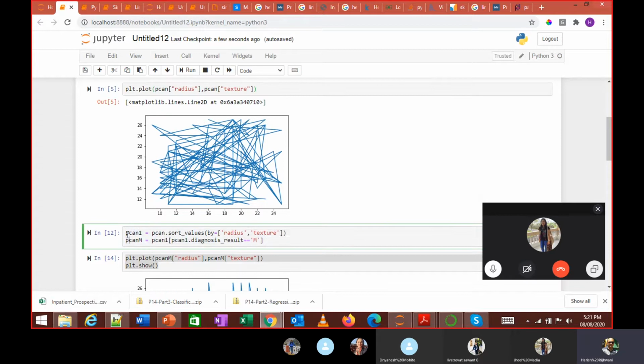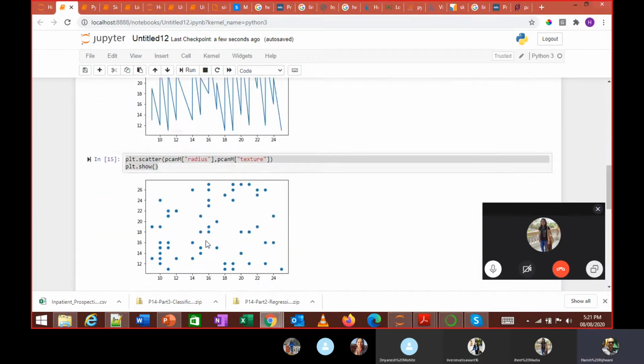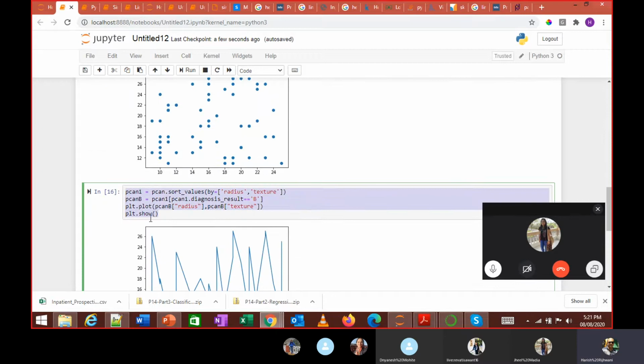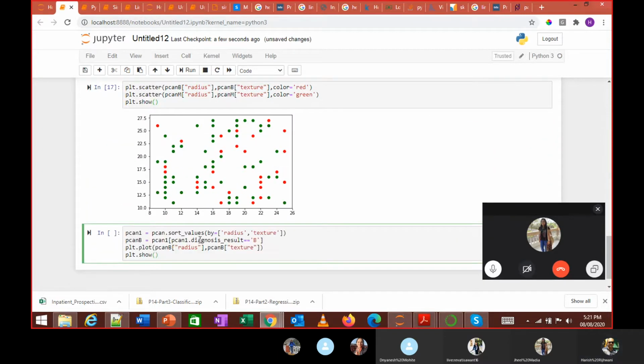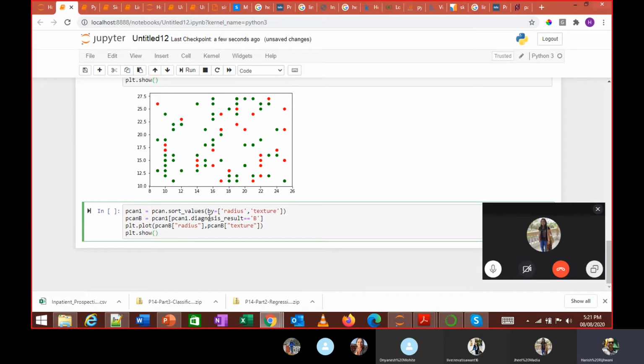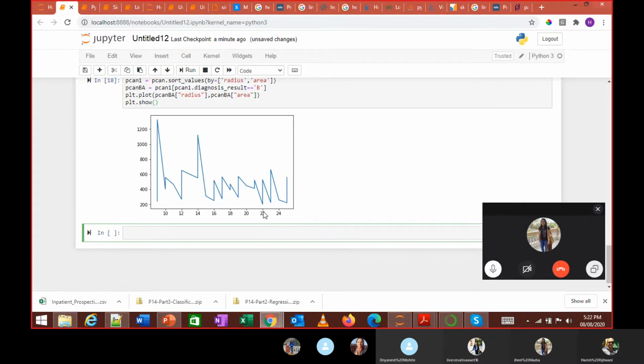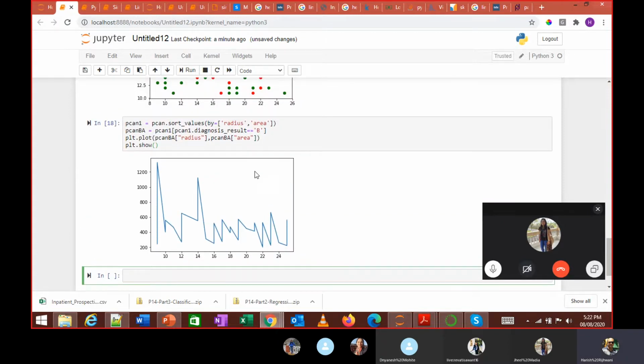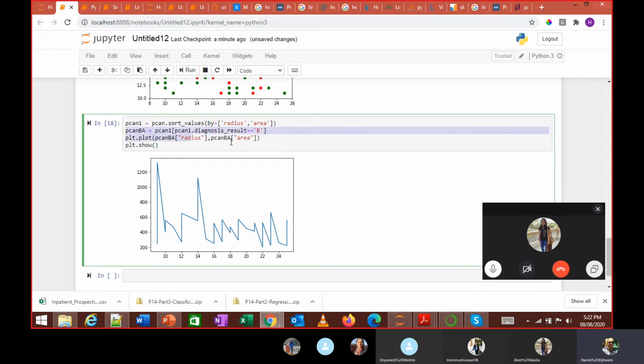So first I take these two. Yep. So once I sort it, I can see the difference. If I don't sort it, I don't see any difference.